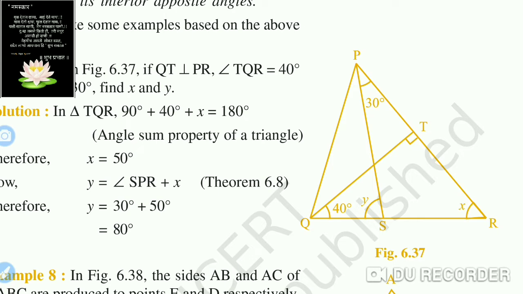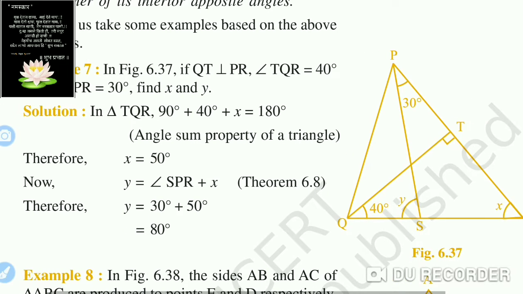Now if we think about the Y. Okay. So now if we think only about this triangle PSR, for that Y, meaning angle PSQ, is an exterior angle. So Y must be equal to 30 plus X. So here they have written Y is equal to 30 plus X. Means SPR is given 30 degree and this angle, 50 we have got, X equal to 50, so 80 degrees. So we have got the answer of X and Y.